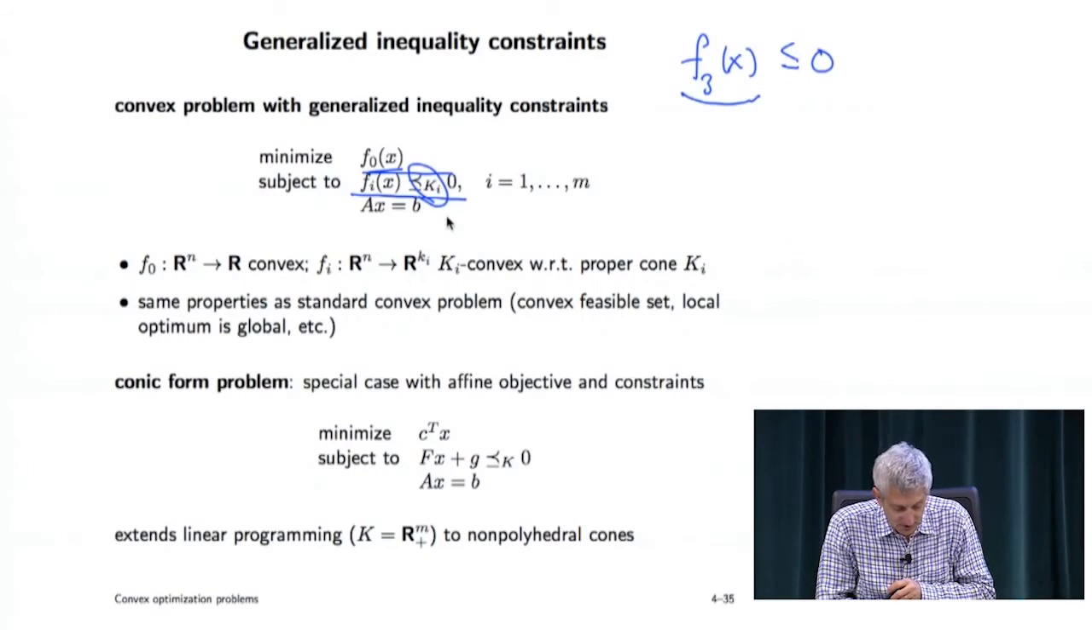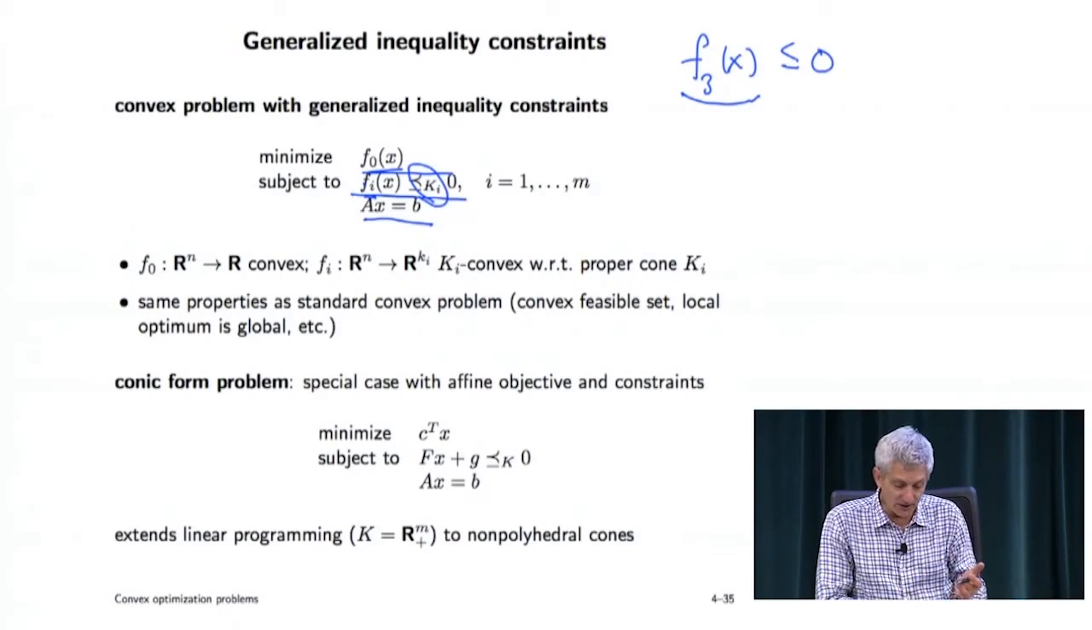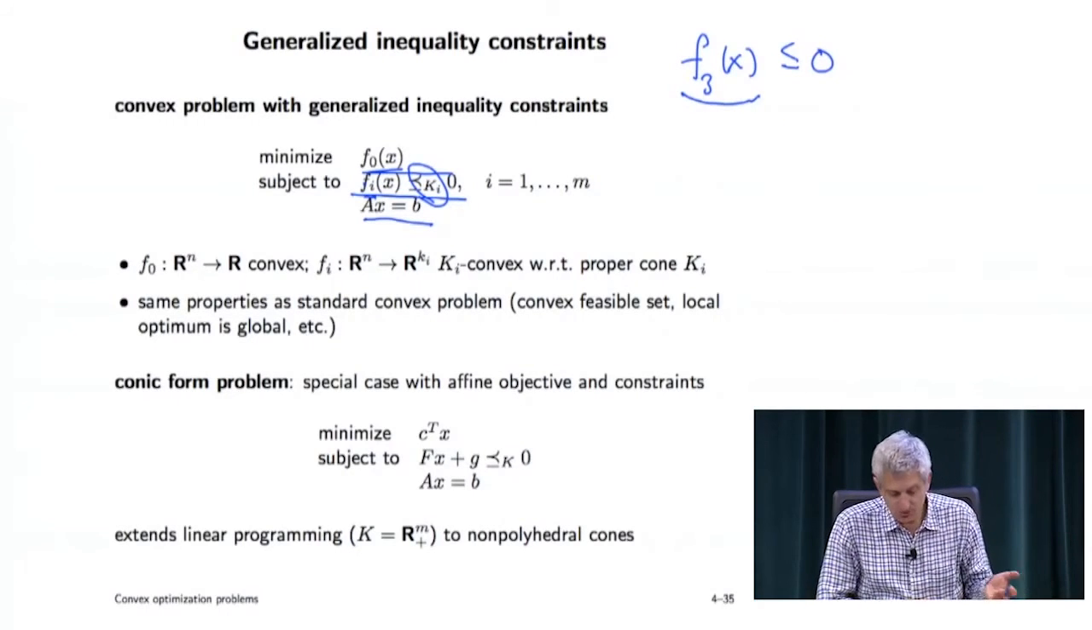And our requirement here to be a convex problem is that the equality constraints have to be linear. And for the inequalities, you have to have Fi convex with respect to Ki, right? So that means that Jensen's inequality holds, but with respect to the inequality induced by Ki, okay? And there are several